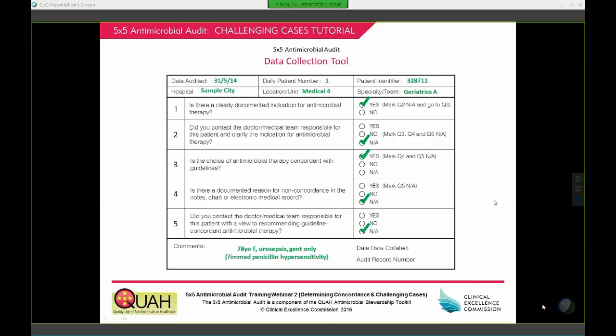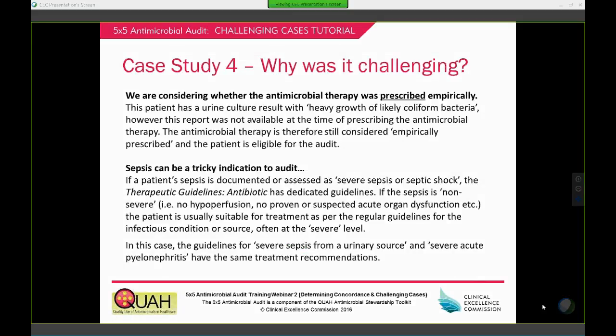So why was case study 4 challenging? The first challenge of this case was to recognise that sometimes patients can still be eligible for inclusion in the audit, even if they have a culture result that's suggestive of a causative organism, because that information wasn't available at the time of prescribing. It's important to understand, however, that if the auditor recognises that the result should lead to a change in therapy, and the therapy hasn't been changed yet, they should discuss that with the doctor